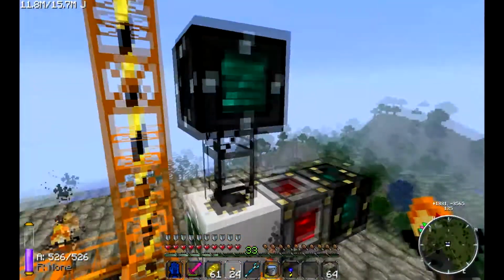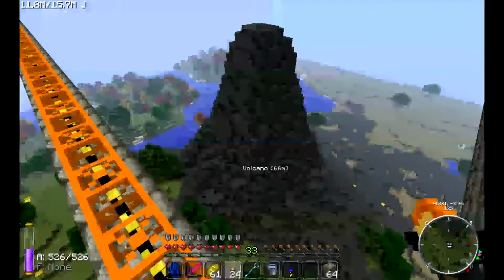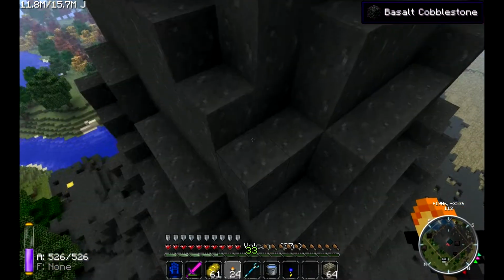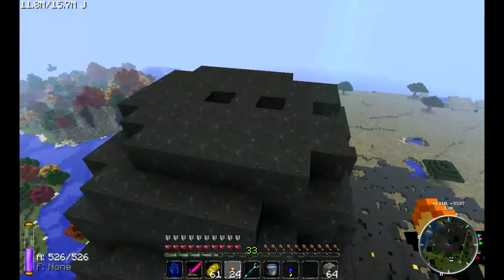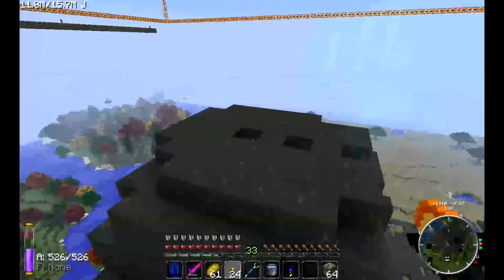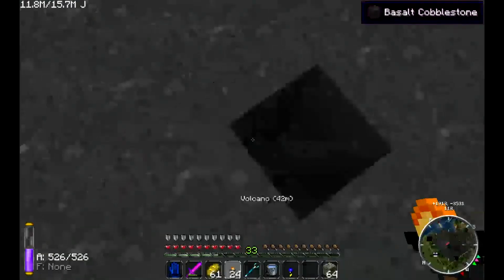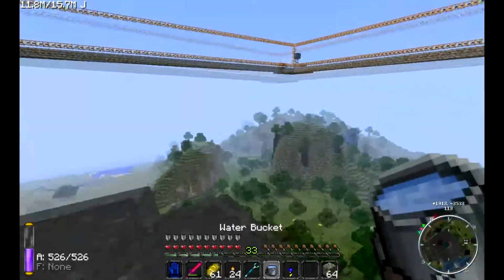While it finishes setting up, let me just show you the location. This is a volcano. Volcanoes are locations added into Feed the Beast. They're made of basalt cobblestone, which when you smelt it, becomes a really nice basalt cobblestone brick. A very black brick, very nice looking, better than your normal cobblestone brick. Normally they're filled with lava, but I went ahead and emptied this one out for our purposes,